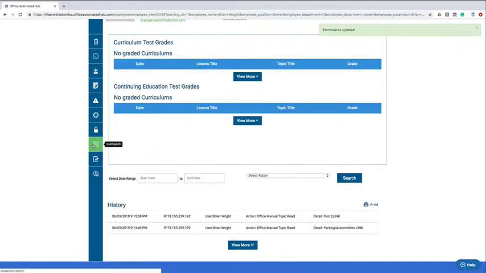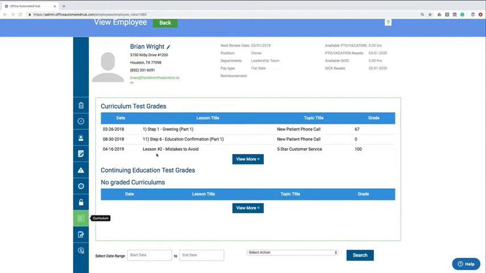Now this next one is where the test grades are stored. So if I take a test and it grades it, this is where it's stored. As an example, let me pull you over to another HR folder. You can see curriculum test grades. All right, on